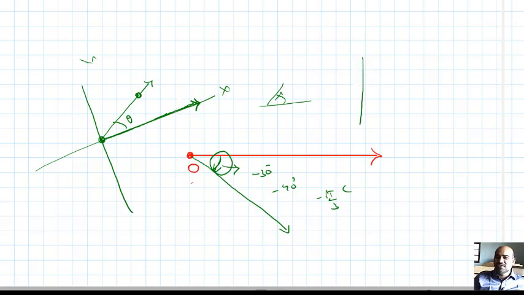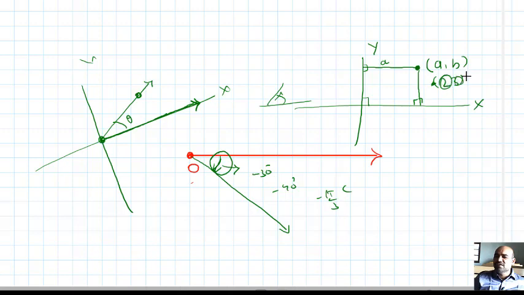Another thing is, on the coordinate plane, every dot is followed by an ordered pair. For example, this dot is followed by the ordered pair a comma b. This ordered pair says the position of this point with respect to these two mutually perpendicular lines, the x axis and y axis. What does the ordered pair say? It says that this point is a units from the y axis, and this point is b units from the x axis. Understood? For example, for the point 2 comma 3, this point is 2 units from the y axis and 3 units from the x axis.